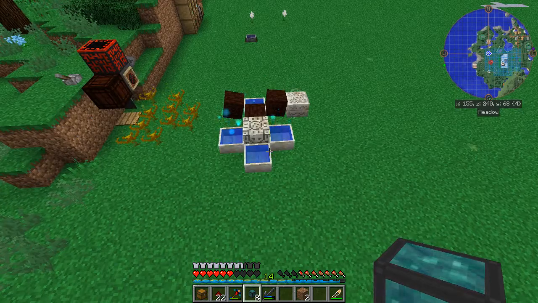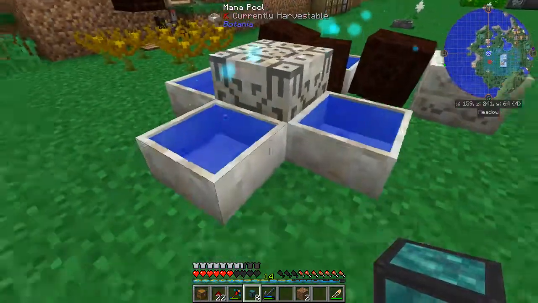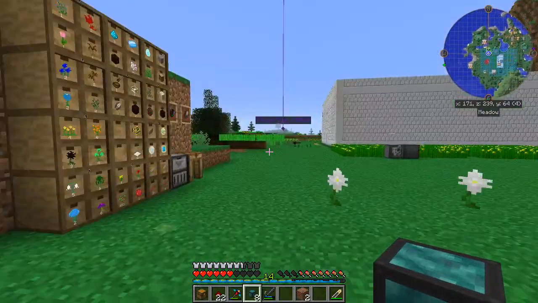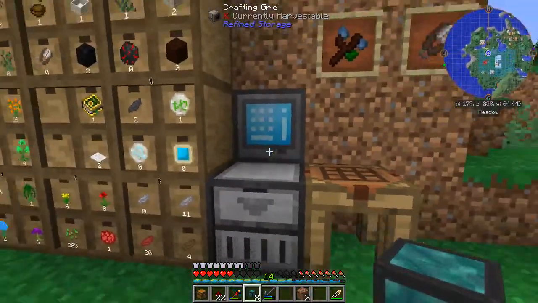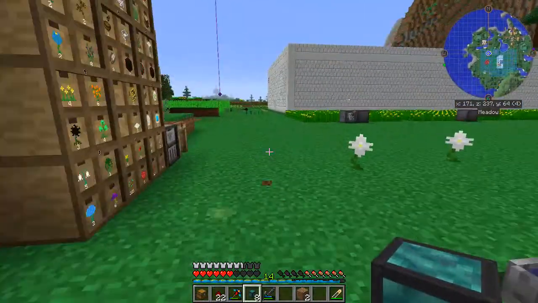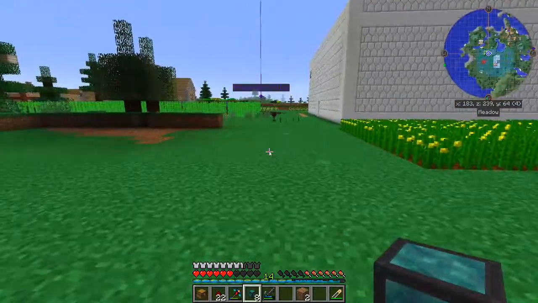But I know this looks like a lot of mana. It really isn't. I'm going to need to continually generate a lot of mana to do the things that I would like to do out here. But we have the groundwork laid. We've only got a little bit more work to do. I'll need to run a few cables, and I'm going to need to set up some kind of a